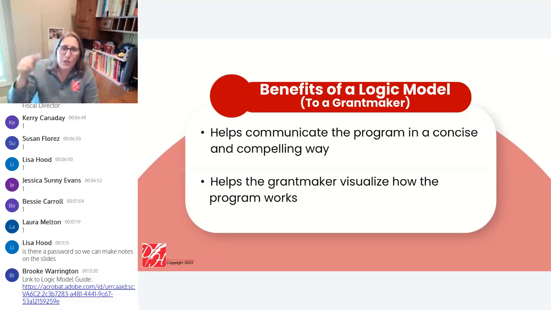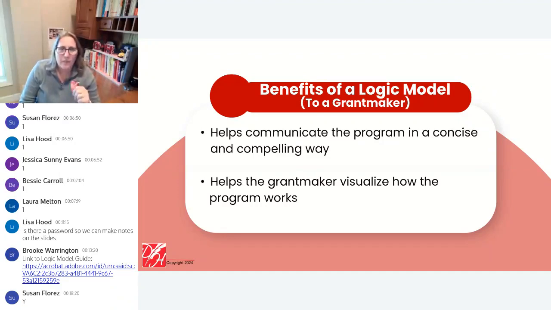Did you know that your work is incredibly complex? How many of you knew that? Want to show me in the chat box? Why for yes and for no? How many of you already knew that your work is already complex? And by your work, I mean the work of your organization in terms of programs, projects, and service delivery. Incredibly complex. Oh, good. Some of you already knew that.